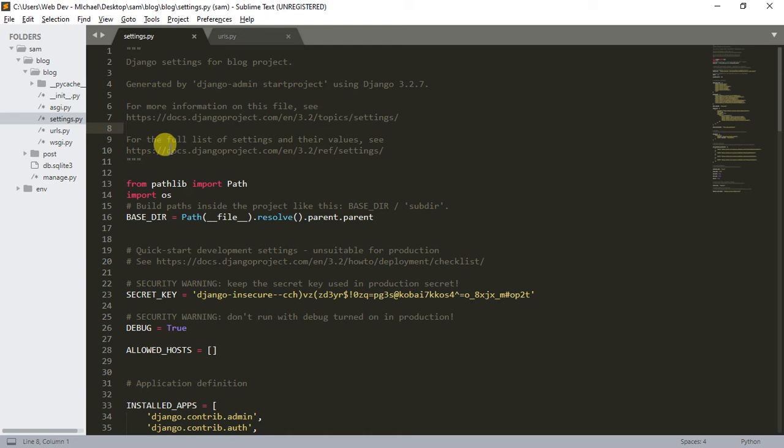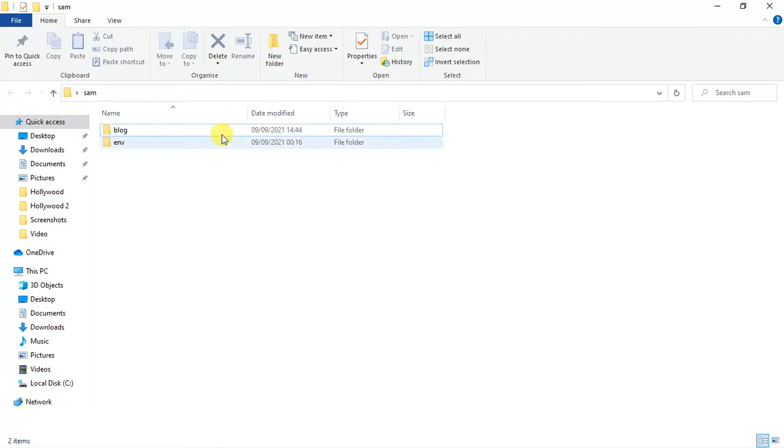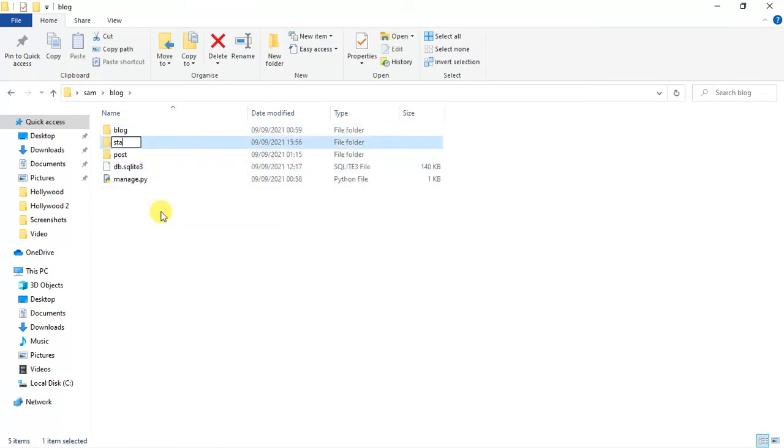Hey guys, in this tutorial we'll be talking about how to create our static directory and how to join it with our blog app. Firstly, we'll go to the SAM directory in our blog folder. Let's create a new folder named static,